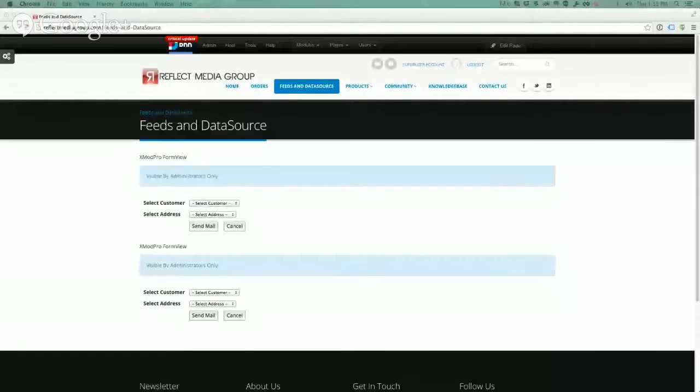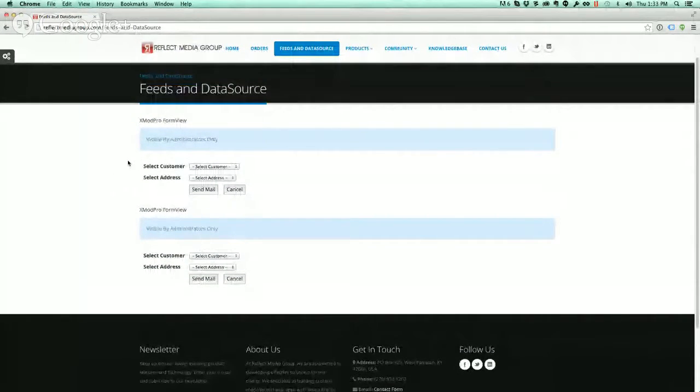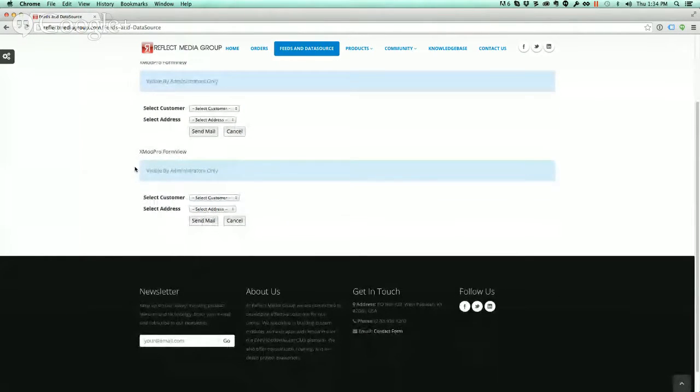Hello again, everyone. Patrick Ryan here with Reflect Media Group. And what I'm going to be demonstrating is very simple, and please let me know if you can see my screen. There are two examples on this page. I'm going to demonstrate how you take the traditional method of using a control data source to populate a drop-down list, which also populates another drop-down list. That does create a postback, so you're going to have a page refresh. You can also utilize jQuery and feeds to perform that same functionality, but without a postback or page refresh. I'm going to walk us through both examples and show you the difference between the two,